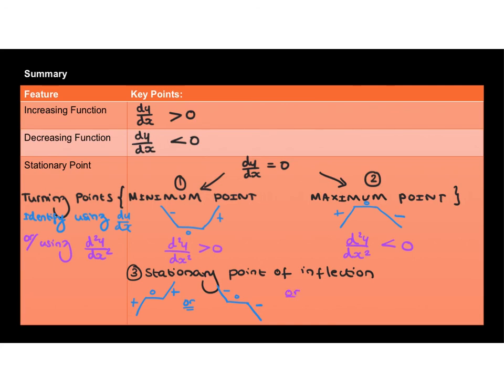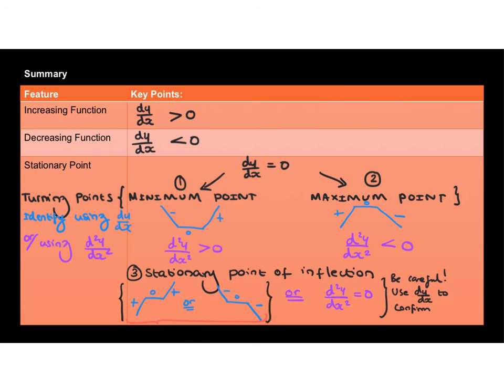Or we can use the fact that d2y by dx squared is equal to 0, but be careful because this can be misleading, as in the warning example we did earlier on, so it's actually best to double check by using the first derivative, which will always give us the answer that we are in need of. So always think back to that example of y equals x to the power 4 plus 2, where we had a point at which dy by dx equals 0 and d2y by dx squared was equal to 0, but it was not a stationary point of inflection. It was in fact a minimum point, and the only way we knew for sure was by using the first